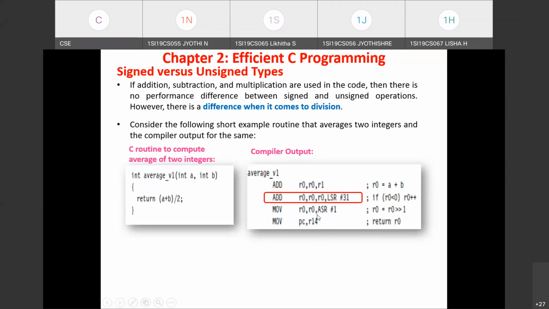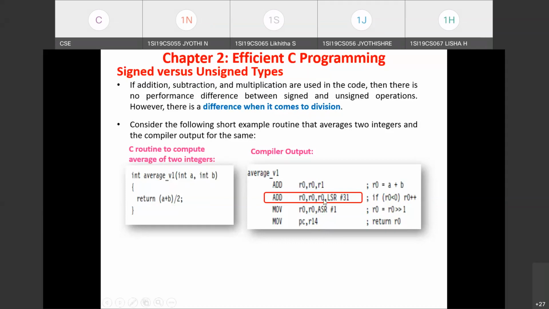But in addition to that, the compiler has added one instruction, that is add r0, r0, r0 lsr #31. This is useful when, after performing the addition, the result is negative. If you get a negative result, then to get the correct result once you perform the arithmetic right shift, the compiler adds 1, integer 1, to the result.